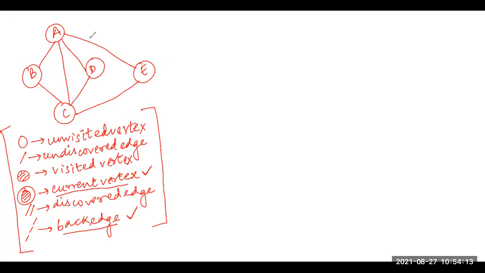Here also, we will choose an arbitrary start vertex. You can choose any arbitrary start vertex if you wish. I am here choosing A. So first we will choose a start vertex. Fine. For me, it is A. Then same logic, I will visit this start vertex.